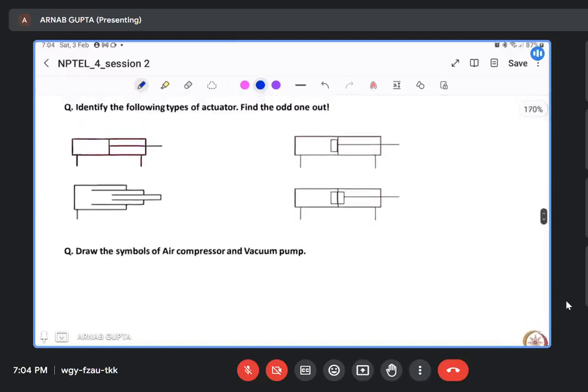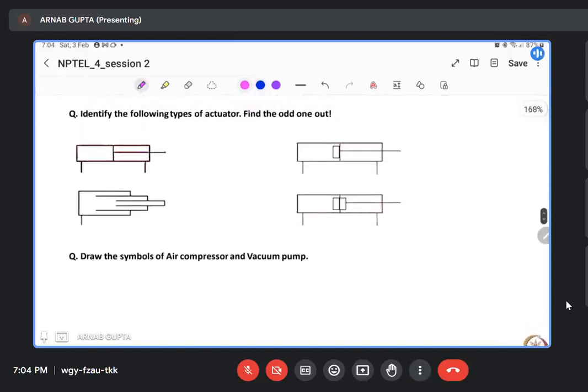Identify the following types of actuator and find the odd one out. So you can see that there are four actuators here. This is a double acting cylinder, simple double acting cylinder. Why double acting? Because as the liquid is flowing in through one side, the liquid on the other side will flow out. In this case, this is also a double acting cylinder